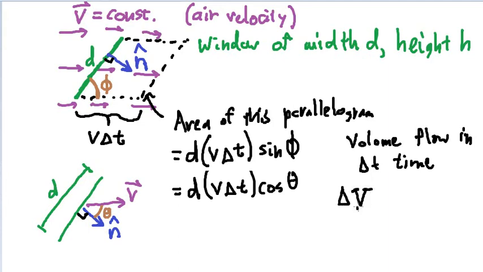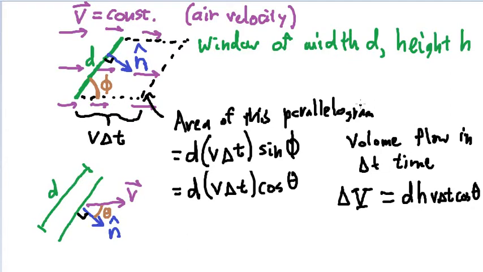Okay, so we do that, and let me just move that up. Okay, and now what we want to do is feed this into our volume. So the volume flow in delta t time, the volume flow rate through this window is delta V. I'm using delta because it's a change in volume over this period of time, and that is going to be this area, which is the area of this parallelogram here, times the height of